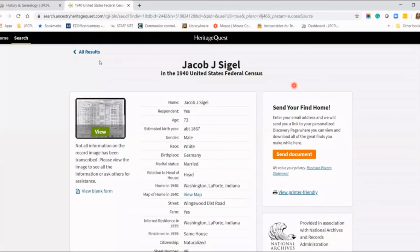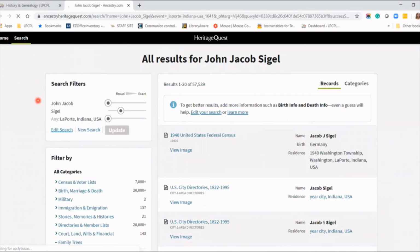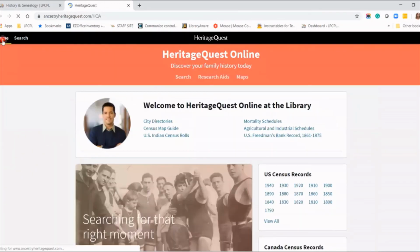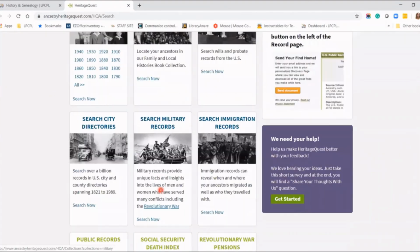All right, so I'm going to head back to all results, and then I'm going to go home, and that leads us to my last tip, my 6th tip for tonight, which is pay attention to the collections that you are searching at the top of the screen. So you can see we've only been in the census records so far. So if I were to search here, and maybe I'm going into immigration records,